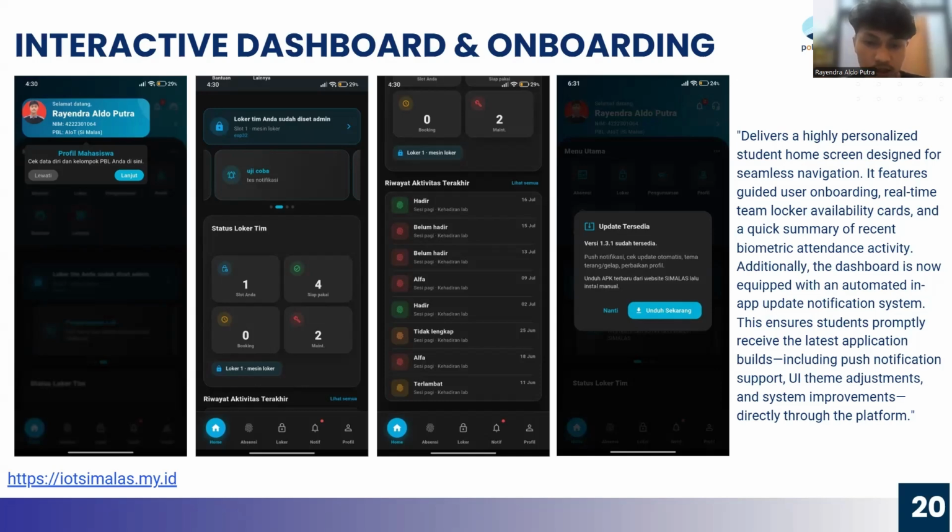The feature automatically detects the latest version on the server and triggers a pop-up notification, allowing students to directly download the app update without leaving the system. Next, please.